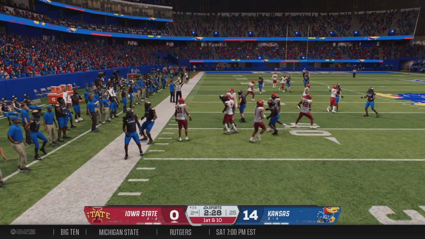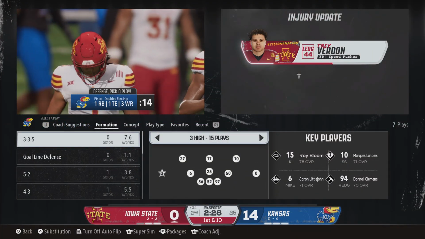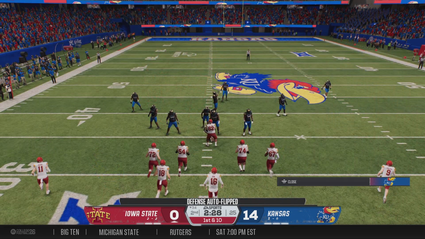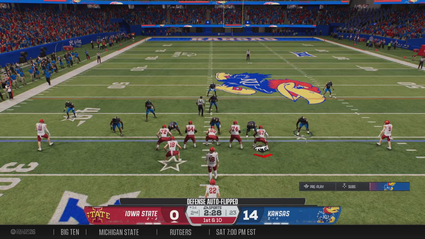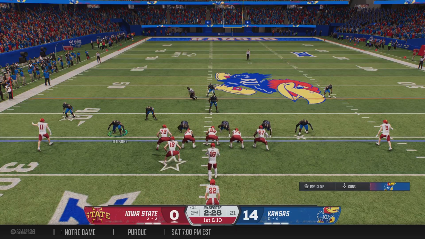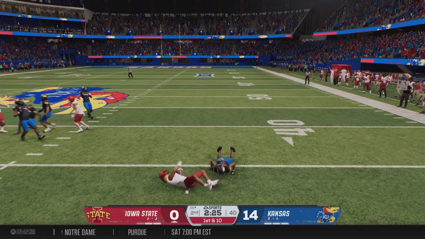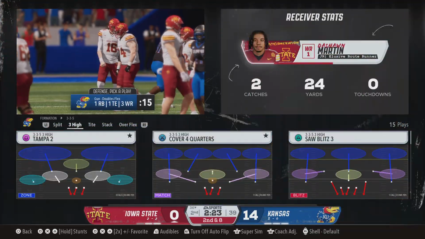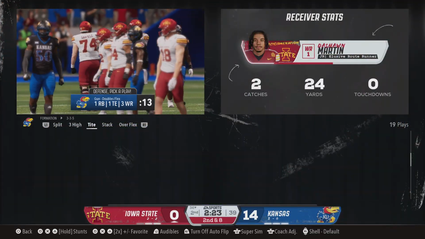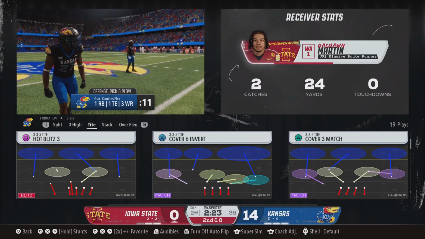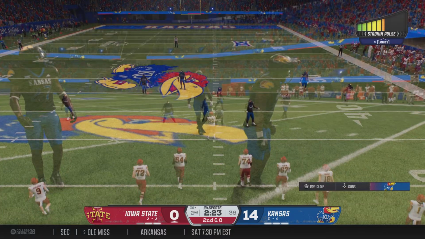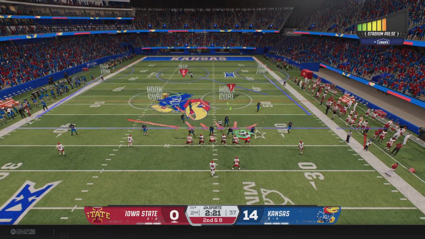Fields the punt and tries to work it the other way. He couldn't find much running room there, didn't get a lot of blocking, and he'll step out of bounds. No reason to be in a big rush. They have some time here late in the half. They'll run the screen. Great effort by the defense here. Offense trying to go wide receiver screen. How about the speed on defense rounding the football? Working well behind the sticks on second down.